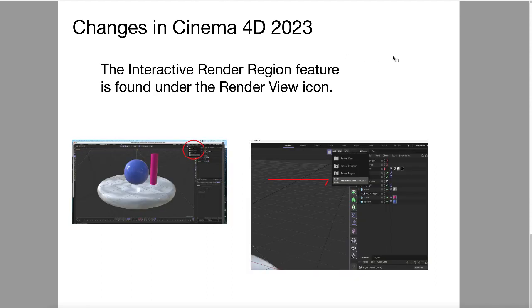And then finally, there's something called Interactive Render Region. It used to be under the Render Settings icon. It is now under the Render View icon. And why they decided to move it, who knows? It's really kind of a silly thing. So anyway, let's look at the